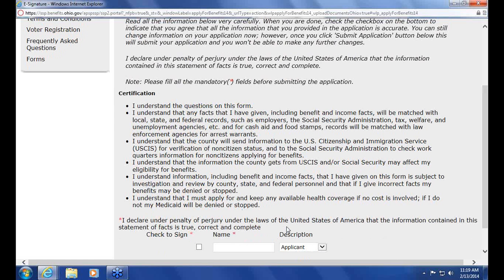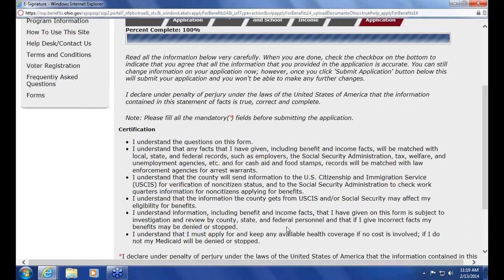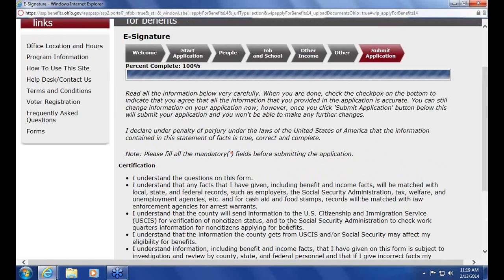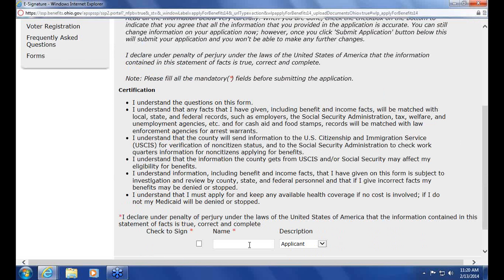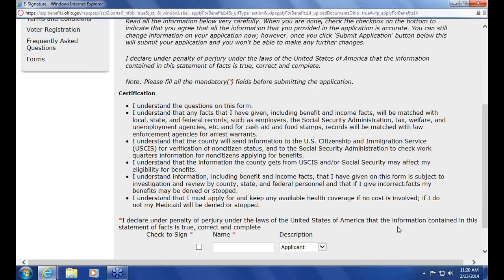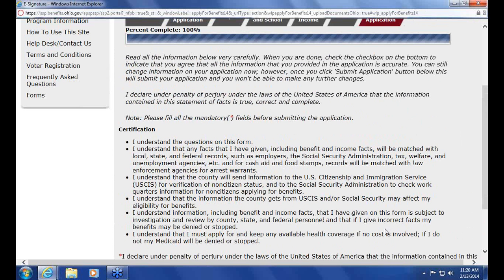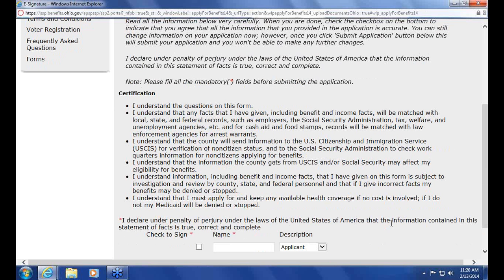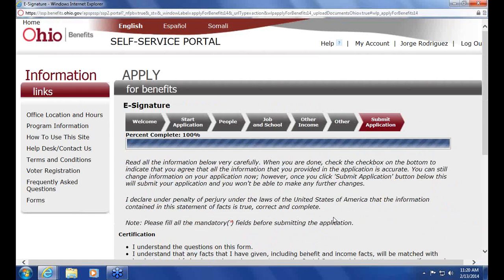Certainly we recommend that you use the website, and if you want to do practice applications, that's totally fine. Just at this page, you will not want to enter the electronic signature and click that box to submit the application, because it will be sent to Job and Family Services as a live application. There's no way to differentiate between a live application versus practice application. So just for their sake, to take a little work off their plate, please do not submit the full application. And that's the end of the application here.